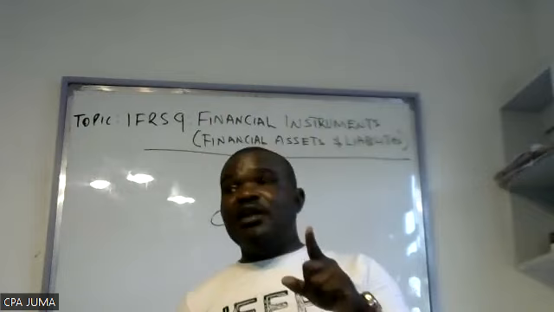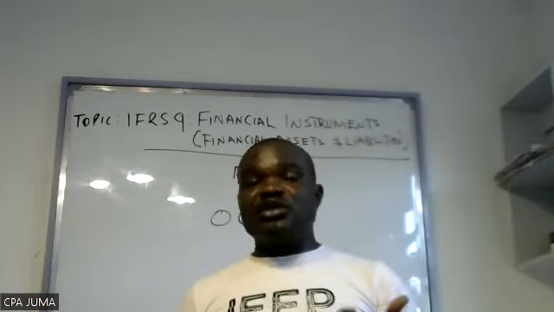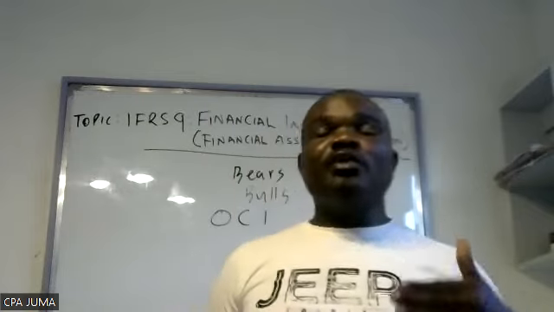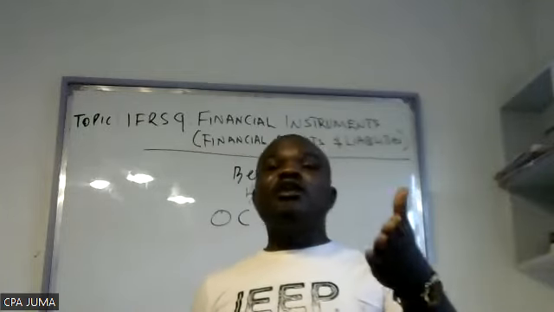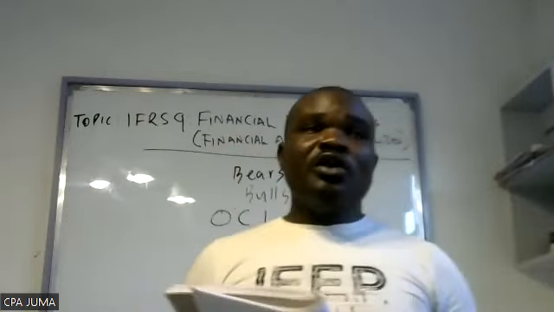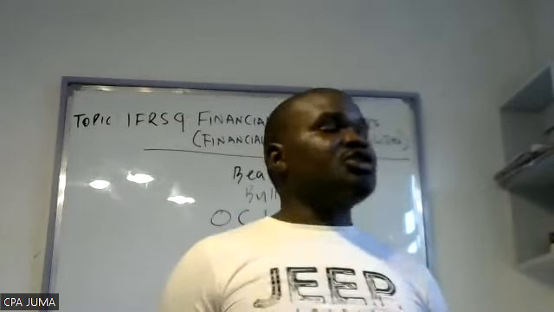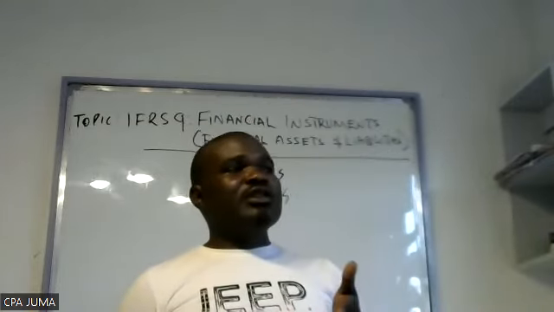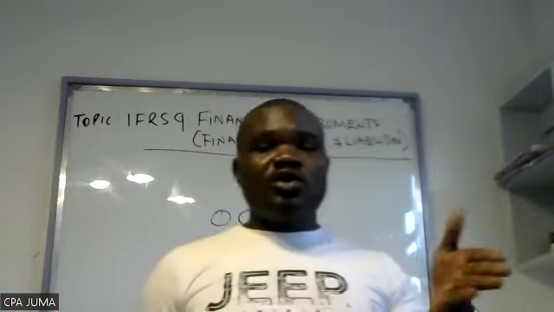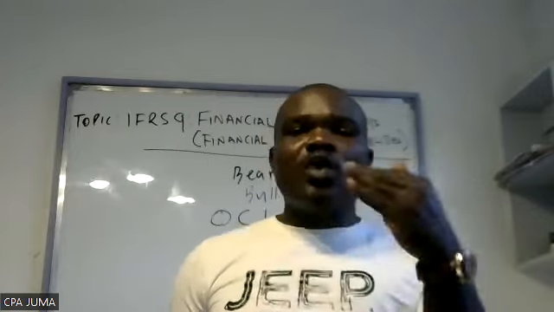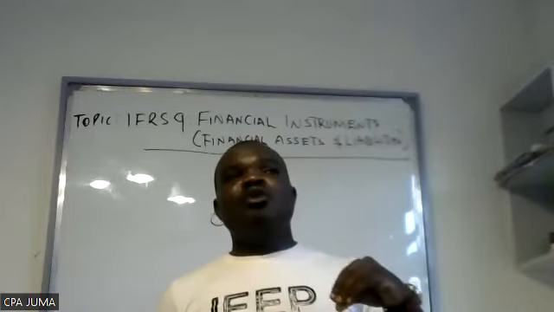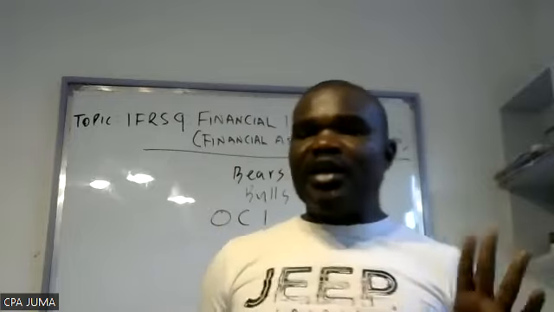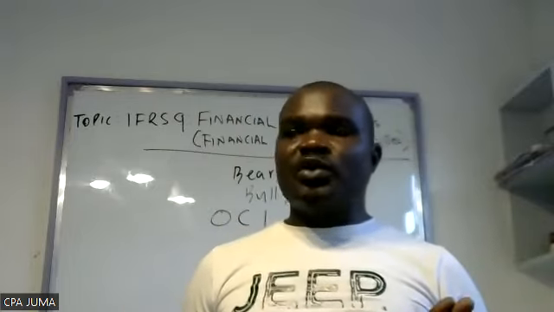When you bring it to P&L, anything in P&L will be subjected to taxation. So if you tell people you will tax them when they revalue land, nobody will ever revalue their properties. Or if they revalue, they will be declaring losses with the main motive of tax. So what happens when there is gain or loss on revaluation? You take it to other comprehensive income. Other comprehensive income is income which is not normal business trading income. That is what you need to know.